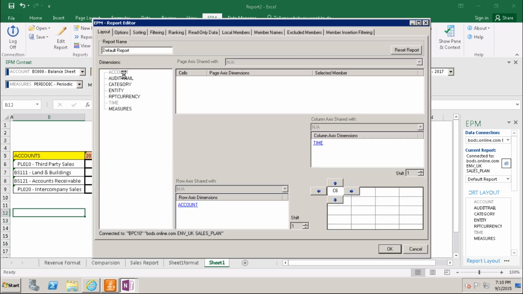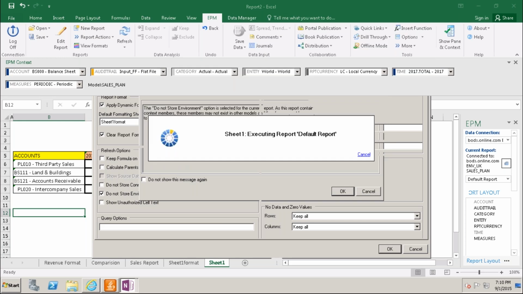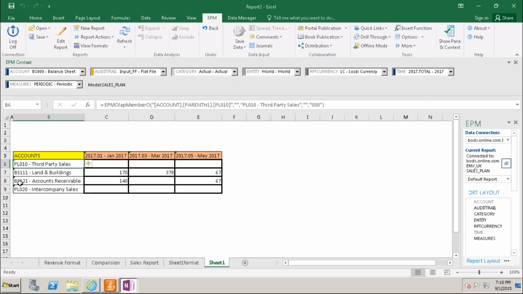So we will avoid that one. Just keep no indentation. Okay. So see here, everything will be aligned. When you practice more and more on the reports, you will be able to understand how we are going to do the reports here.